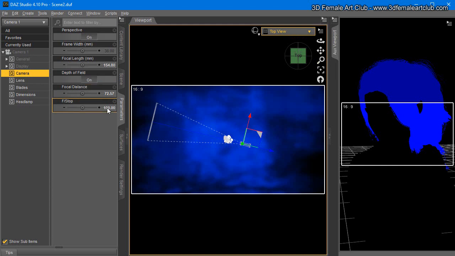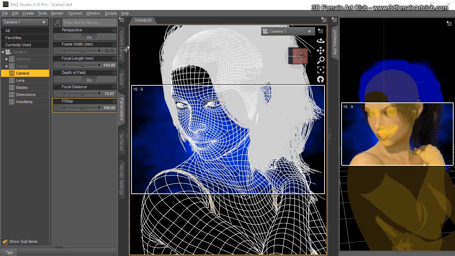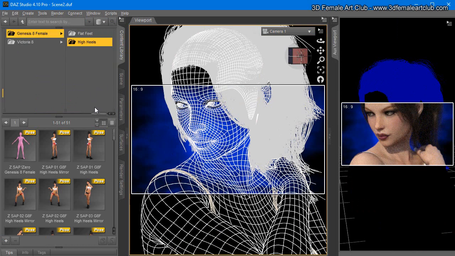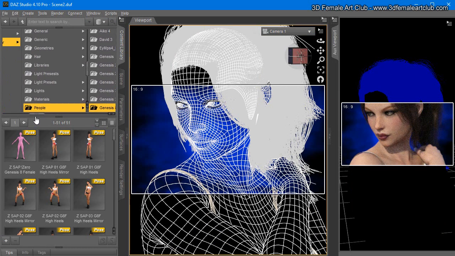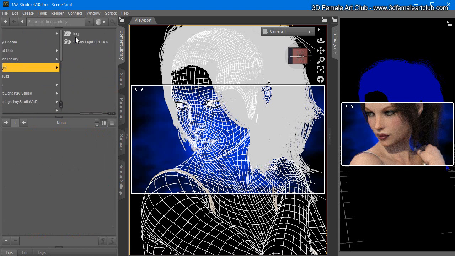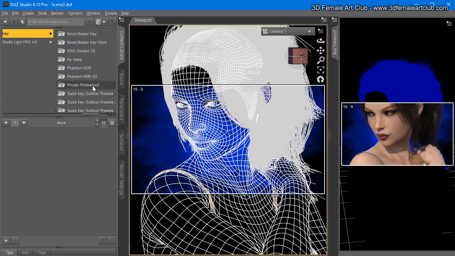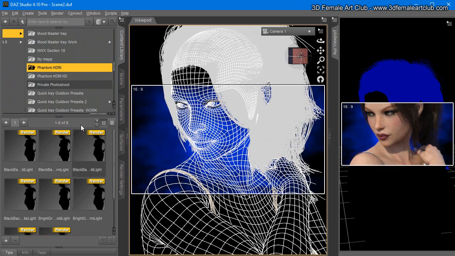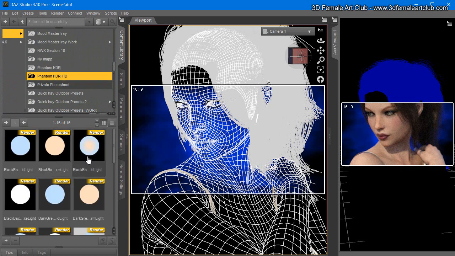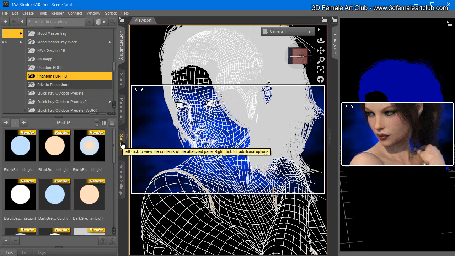Okay, I'm gonna be using the light you already have as a free bonus included in this club. Let me just show you where it is. If I go all the way here, you can find it inside light presets, if you have it installed, at the very bottom in the bonus section, Iray, and it's called Phantom HDRI, right? There we go, I have the icons here. I'm gonna be using this light here, but it's not about the light, because like I outlined earlier,